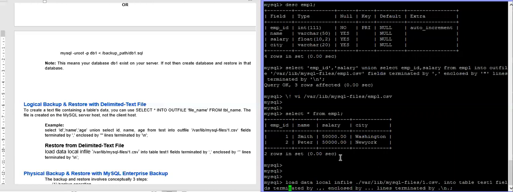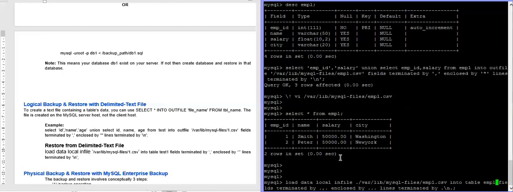What was our file name? Our file name was empl.csv into table, suppose our table is empl, right?